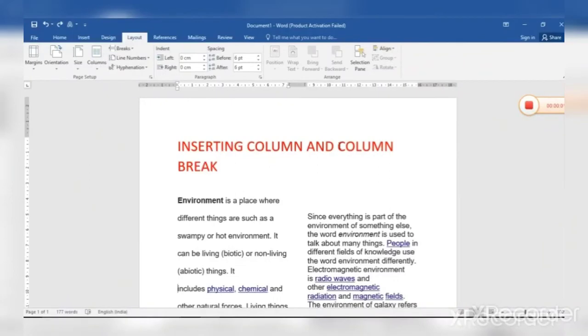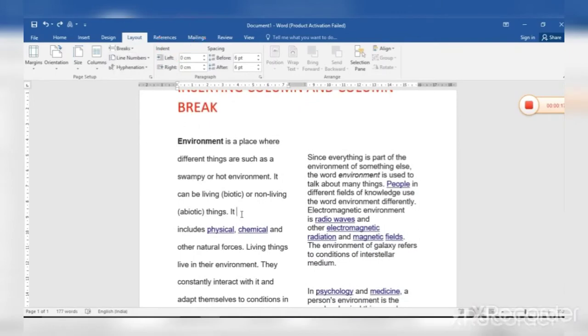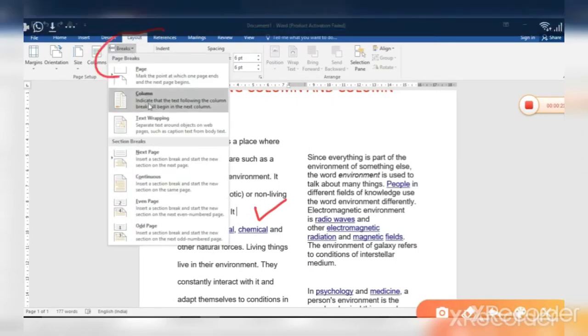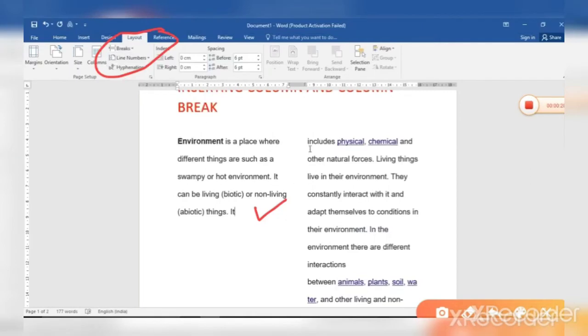So inserting column break. To insert column break, first what you have to do, type something. You can see I have typed. Then you can select a particular position and then go to the break option. You can see there is break option and you can choose the column break here. First you have to put your cursor anywhere from where you want to insert the break. I am placing my cursor here. Then I go to the break option and here you can see I have clicked on the column and you can see the column has been broken. Just go select the column option and you can see the column is changed.